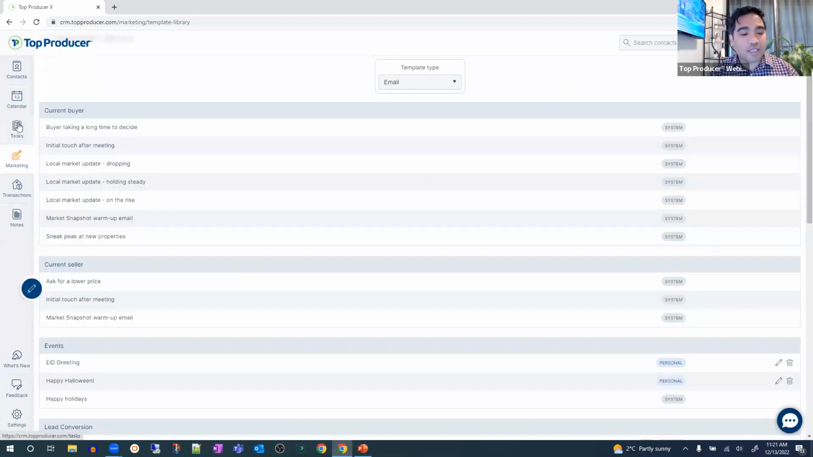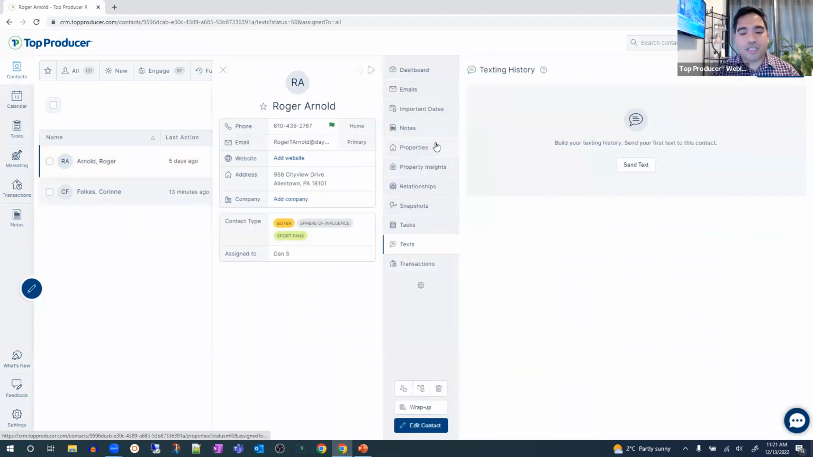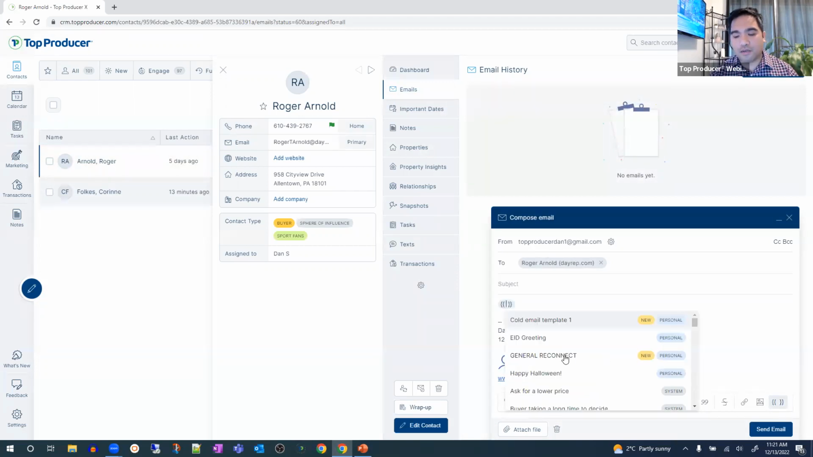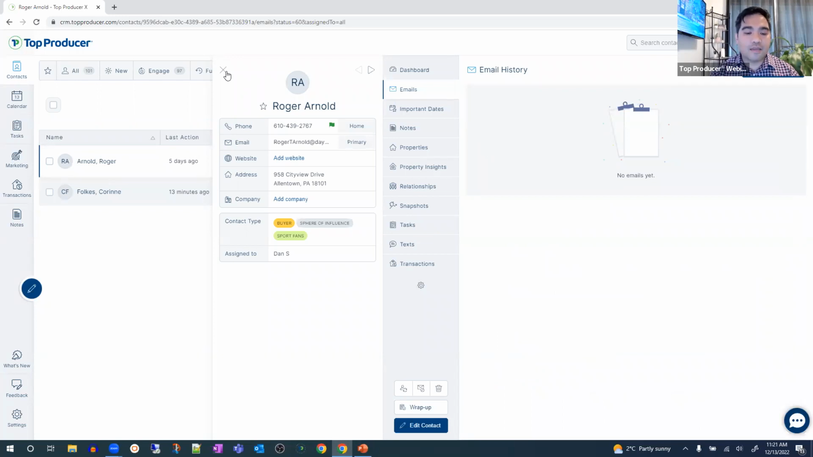Very similar process when you actually want to use that email. There's a couple ways you can do it. If you're just sending it to a single person, you can go to their contact, go to their email tab, click compose, and then select that template you created. It'll copy paste it in there automatically and then hit send. If you want to do more of a mass email,